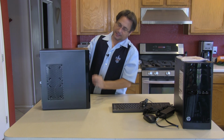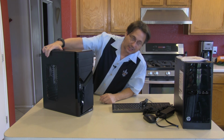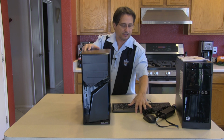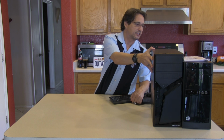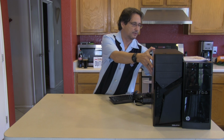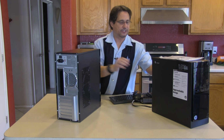And you know, I gotta say, not a bad looking case. I don't know which one looks more attractive to you. If we're just based on looks, are they the same size? Looks like this one is about 2 inches taller, but on the back of it, if we take this one and look at the back, and we take this one and look at the back,